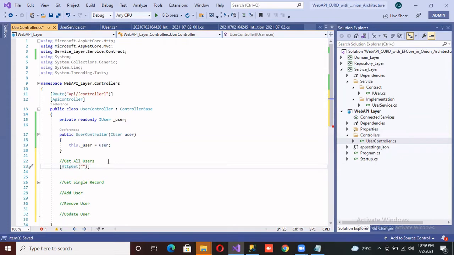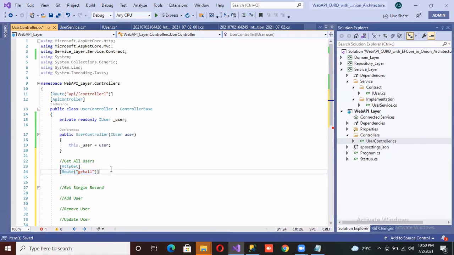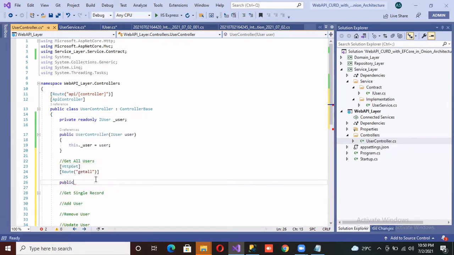First, you can use it like this, get all, or you can use Route, get all. So whatever inside of this bracket will work the same.